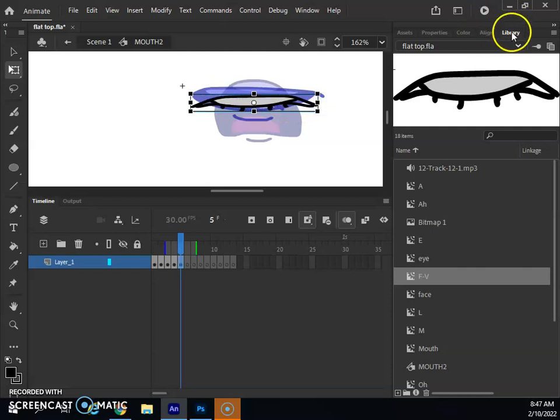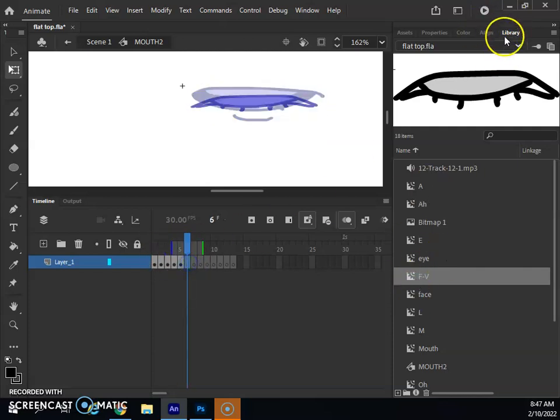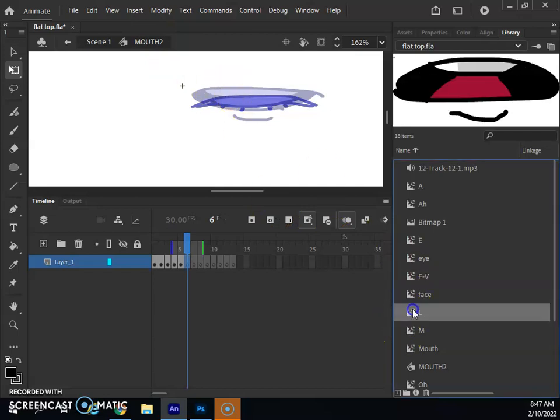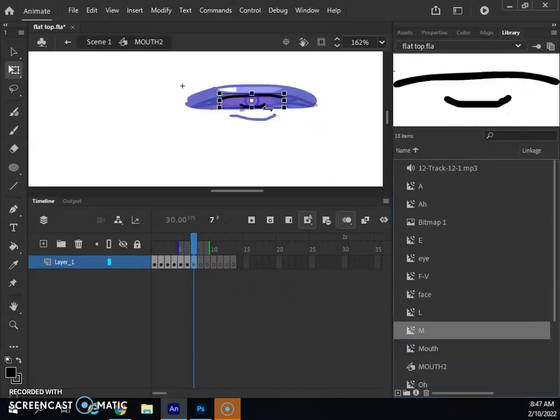And I'm just dragging all of my mouth shapes that I've already converted into symbols from the library area onto the stage inside of the symbol mouth 2. So that was my F shape. Now here's my L, my M,